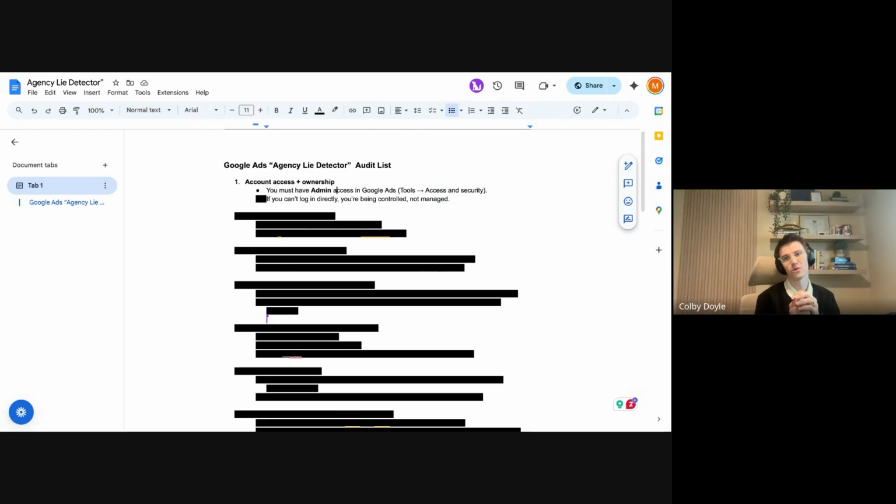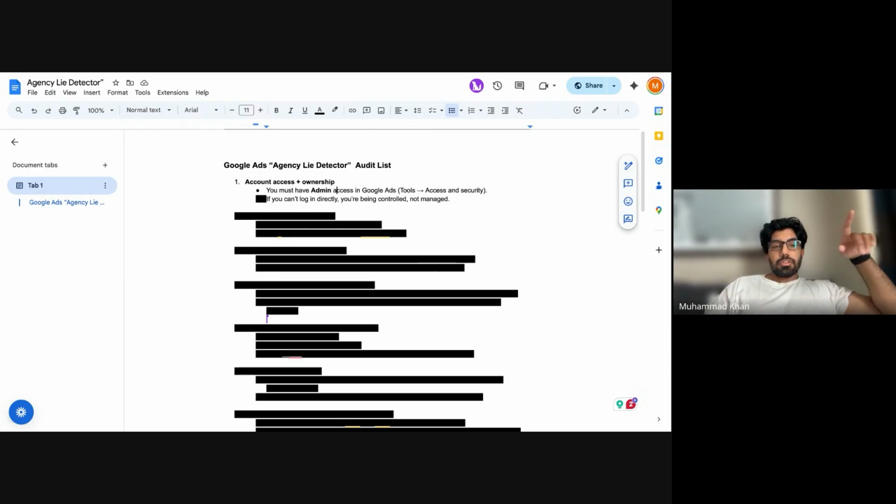You should own your Google Ads account, your Google Analytics 4, your Google Tag Manager. All of that should be owned by you. And for Meta, you have a business manager and you just give access to people. For Google Ads, you can give access at the MCC level. We'll share this doc with everybody, but make sure you can log into the account. Make sure you create the account as well. Get them to walk you through the creation process. Don't let them create the account and transfer it.